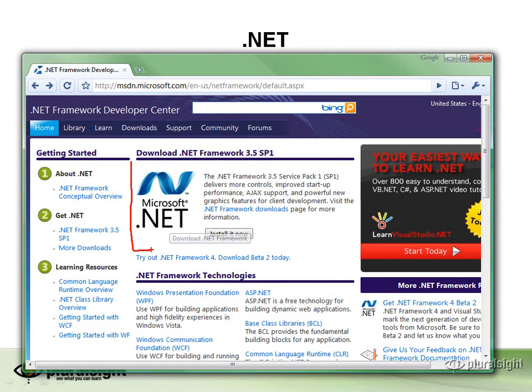Some of the most recent releases of the Windows operating system already have .NET installed. So Windows Server 2008, Windows Vista, and Windows 7, they all come with version 3 of the .NET Framework. That's not necessarily the latest version that you might want. So even on those operating systems, you might need to go out and download and install the latest release of